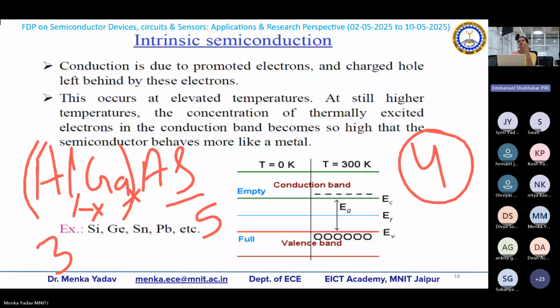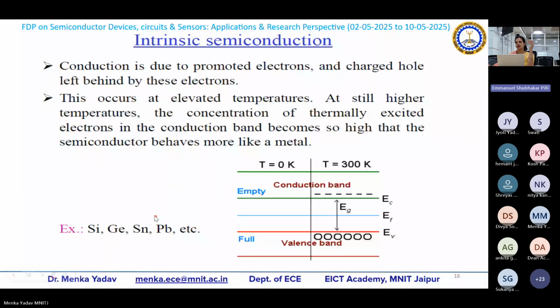Now, based on whether these are doped or not, these are again of 2 types: intrinsic and extrinsic. Intrinsic means it is the pure form, not having any kind of impurity inside it. That is the intrinsic semiconductor. How is it prepared? Achieving 100% purity is quite impossible. And how this impurity affects, let us discuss that also.